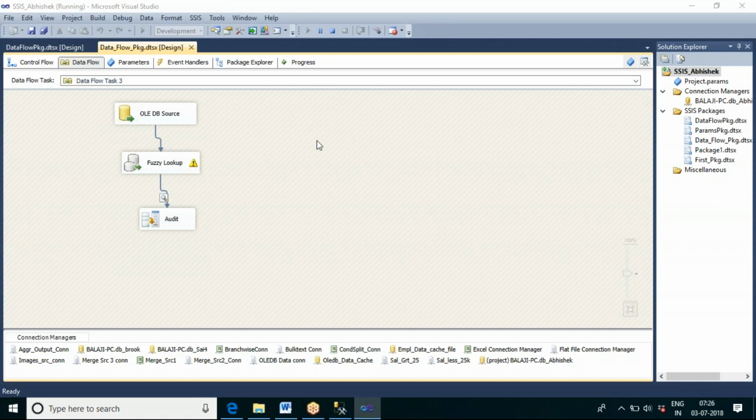If these lines are coming, it means it is still executing. When it is in executing mode only, these lines will come.